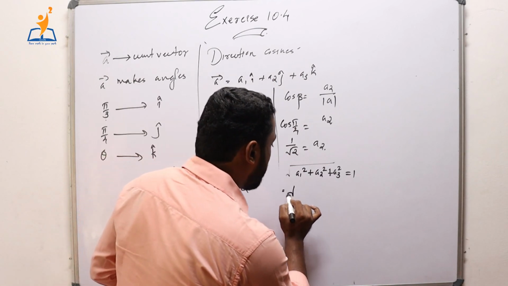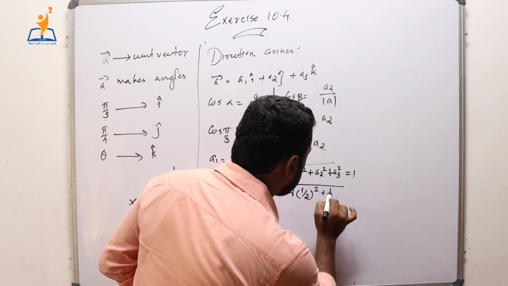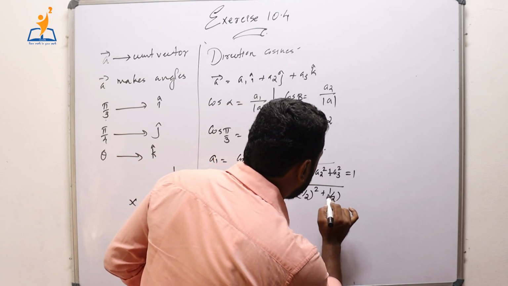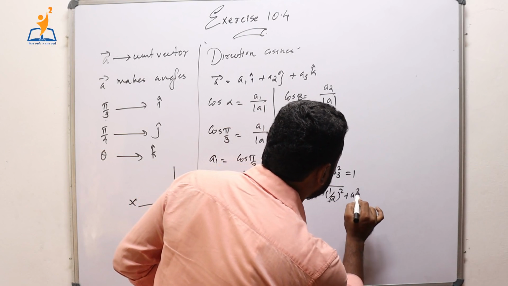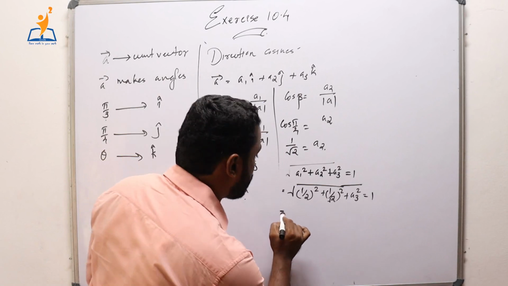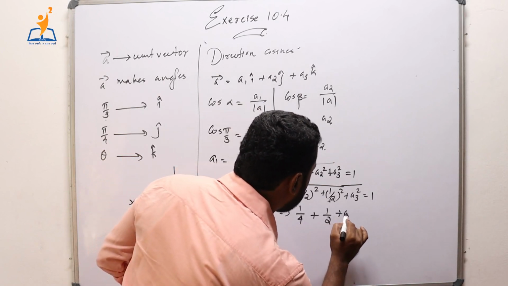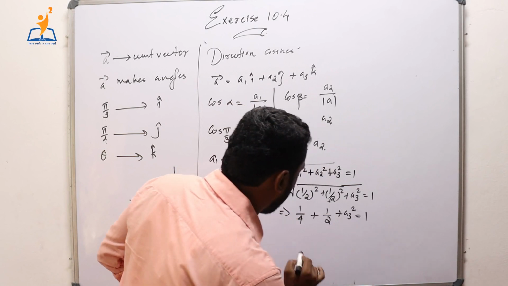So it will become square root of 1 by 2 the whole square plus 1 by root 2 the whole square plus a3 square equal to 1. നമുക്ക് ഈ റൂട്ട് ഒന്ന് അവോയ്ഡ് ചെയ്യാനായിട്ട് രണ്ട് സൈഡ് ഒന്ന് സ്ക്വയർ ചെയ്യാം. So it will become 1 by 4 plus 1 by 2 plus a3 square is equal to 1,